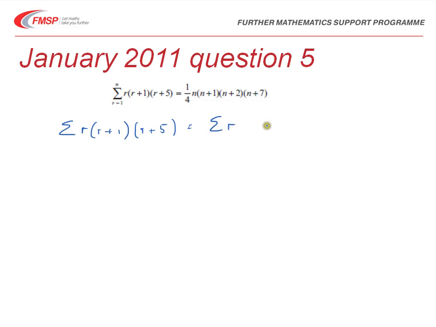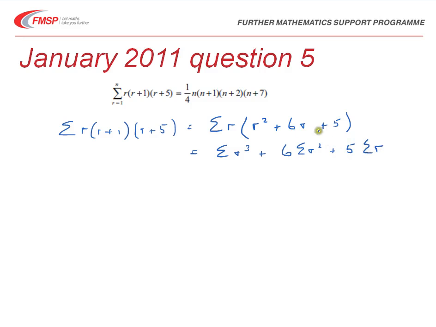First of all, taking the two brackets themselves so that we get r squared, and then plus r and plus 5r, so in total plus 6r, and finally plus 5. And then that becomes equal to sigma r cubed plus 6 sigma r squared plus 5